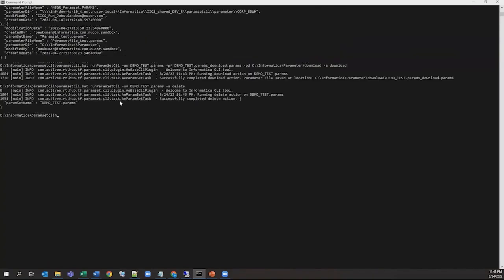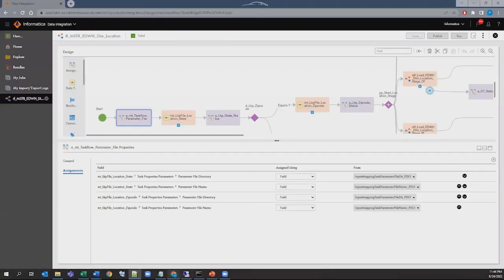So this is how this param set CLI utility is used to either upload, delete, or list any of those parameters. So yeah, I think I just covered how you use the param set CLI utility,